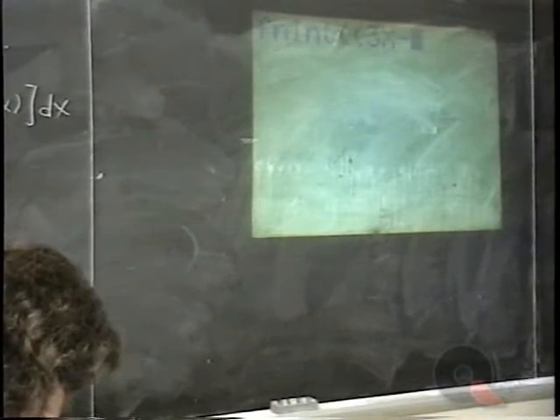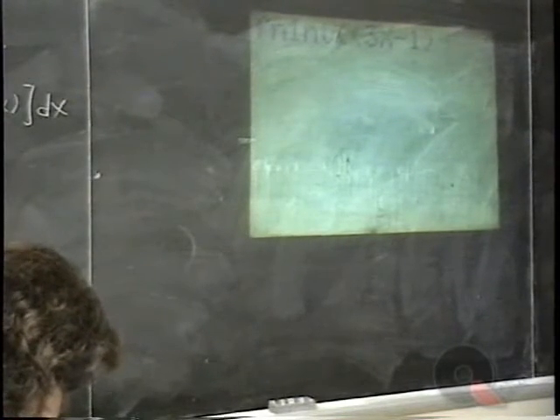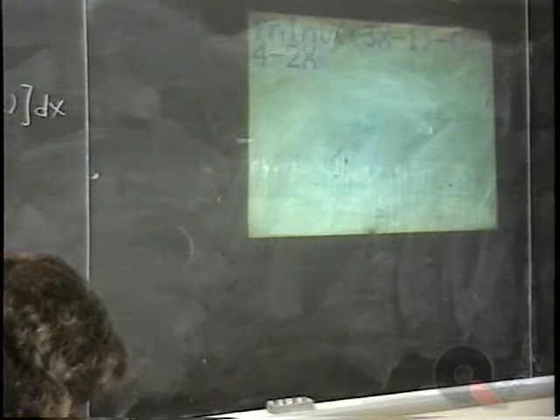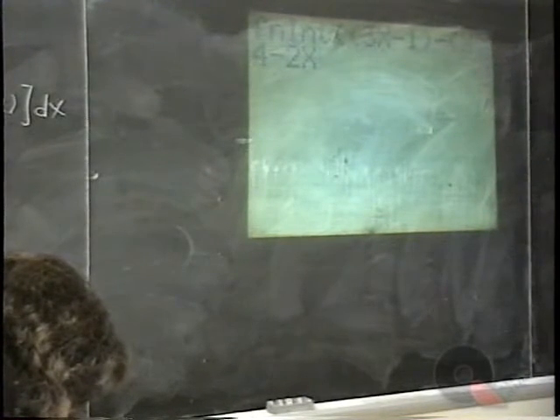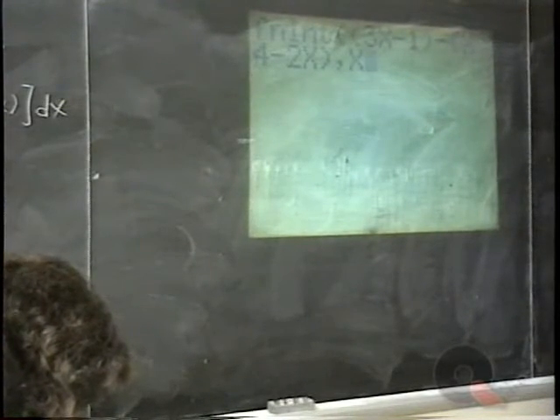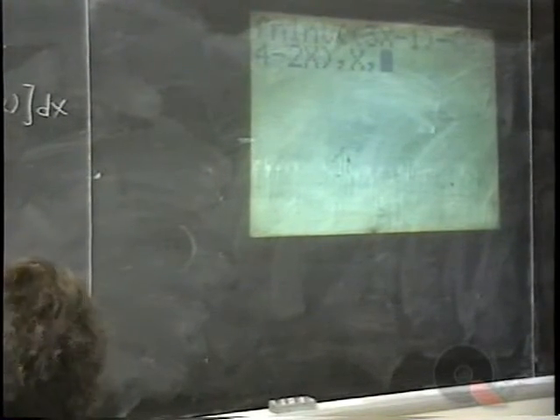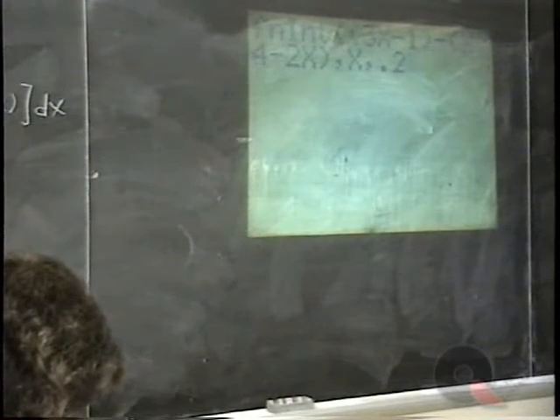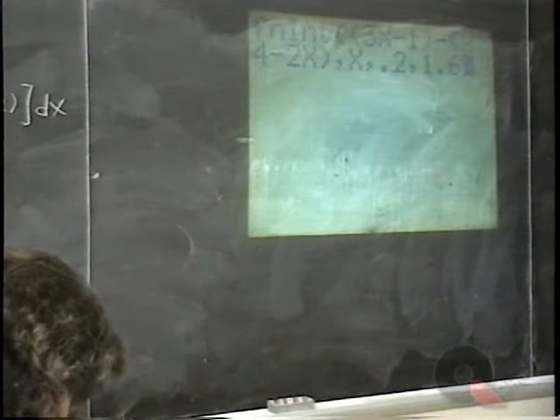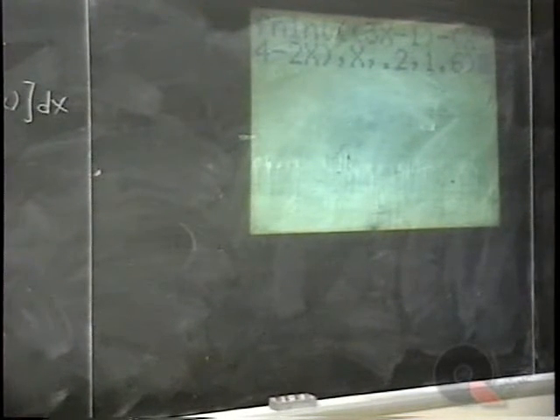Okay, left parenthesis, 3x minus 1, right parenthesis, minus left parenthesis, x to the 4th minus 2x, close parenthesis, comma, x, comma, 0.2, comma, 1.6, close parenthesis, hit enter,